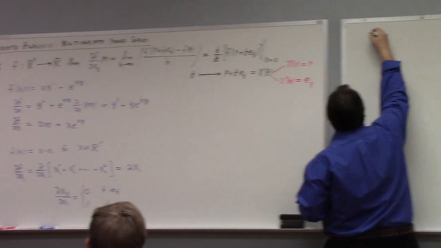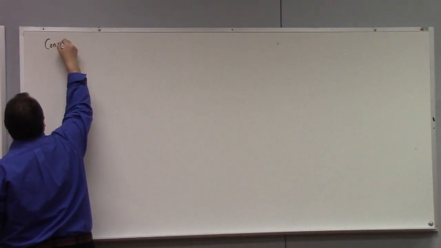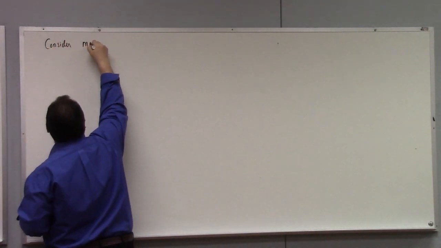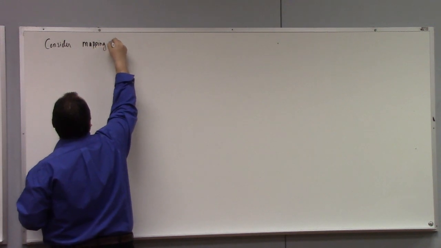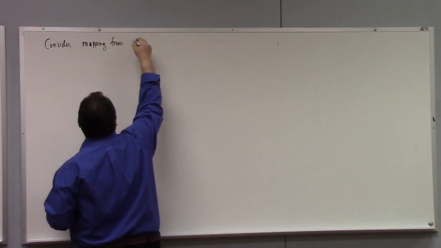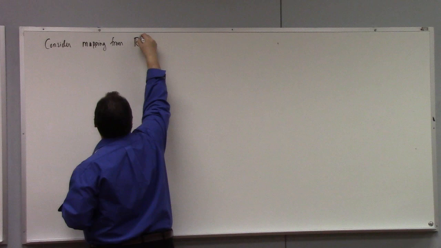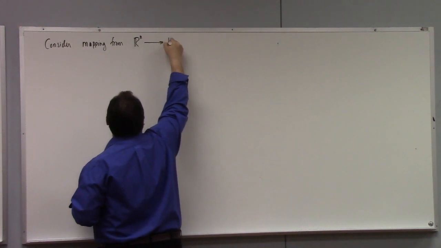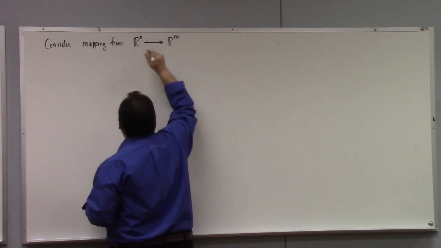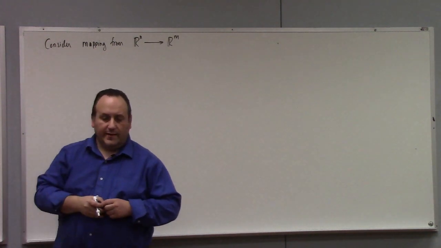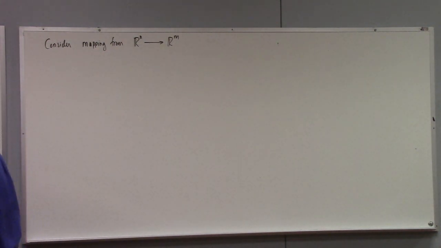So next up, let's consider mapping from R^n to R^m. All right. And I'm not assuming from the outset here, guys, that it is